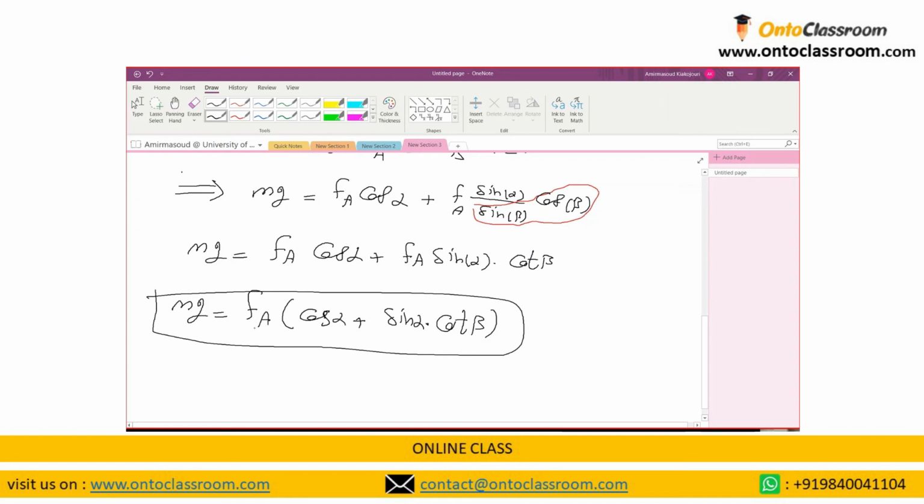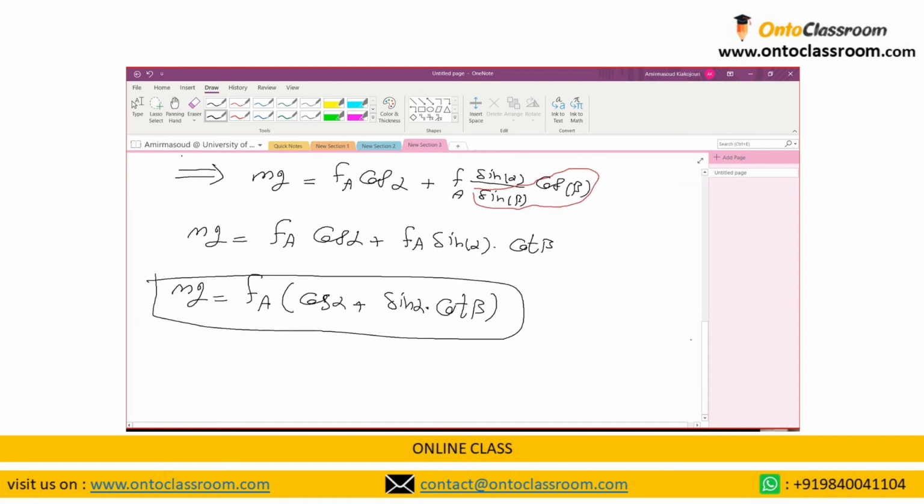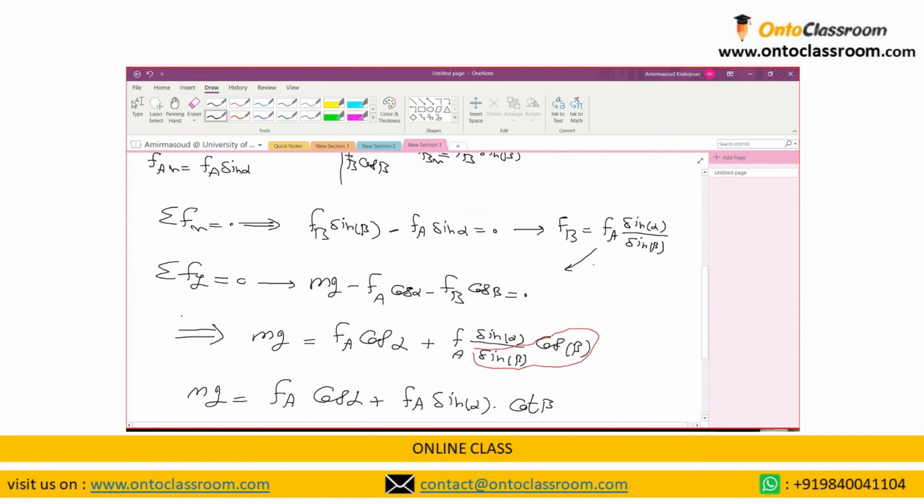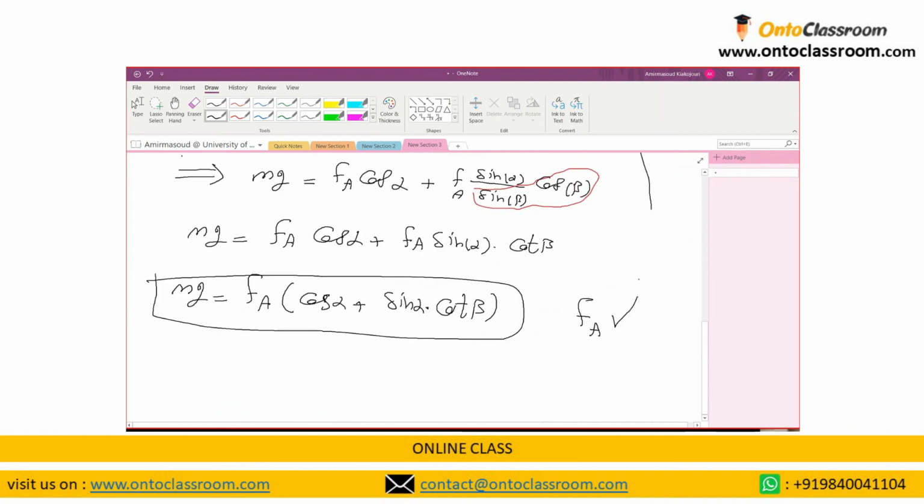I have this value, I have alpha and beta, and so I can calculate FA, and FA could be calculated here, and by this equation FB could be calculated after that. So we solved this problem. I hope you like it,